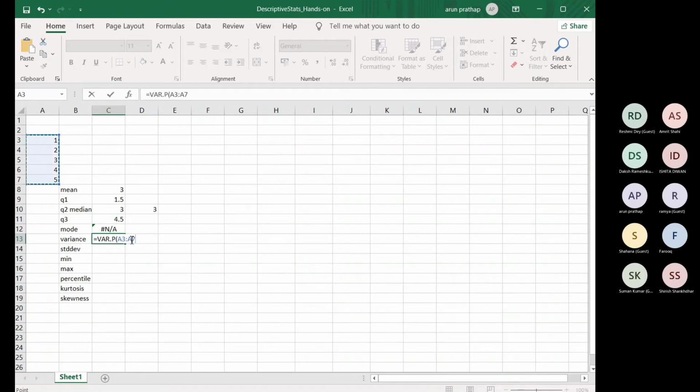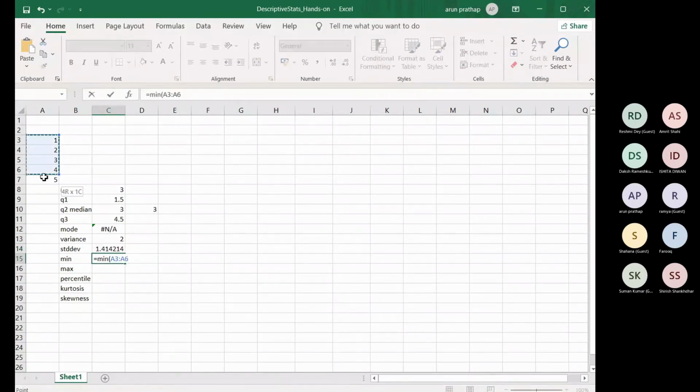The variance of the population, same data, gives us 2, the same as what we computed earlier, and we took the square root of that to find 1.414. Similarly, standard deviation can also be defined for population and sample. We will use population here. Similarly for min, I have the min function.